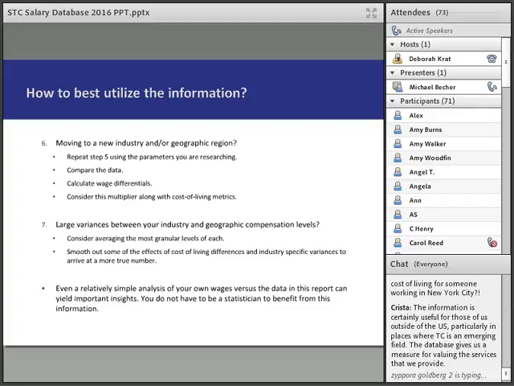And information is, a lot of times, power when it comes to negotiations or trying to pull the trigger on changing jobs or moving or anything like that. So that's really what we're trying to do, is provide you with information to help you make better decisions and to help you just understand your own profession.